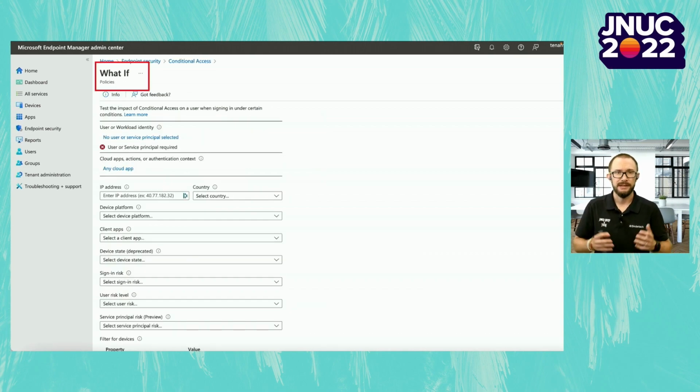And as you can see, the combinations are almost endless. And I have seen few implementations of conditional access that have been correctly configured from the start. It can be very complicated, especially in larger organizations. Therefore, Microsoft have provided us with a what-if tool that allows us to evaluate the conditions and targeting before putting them into production.